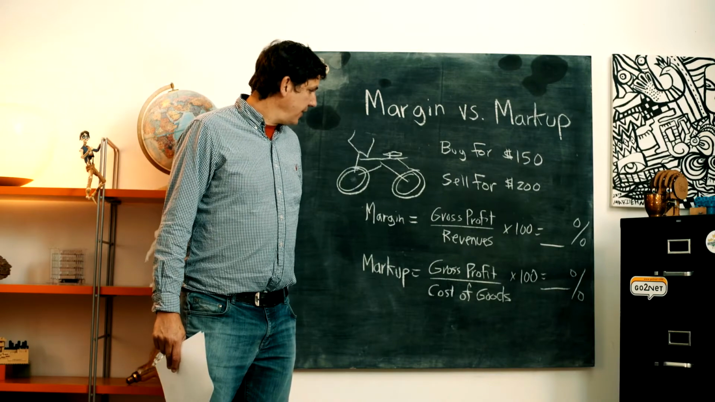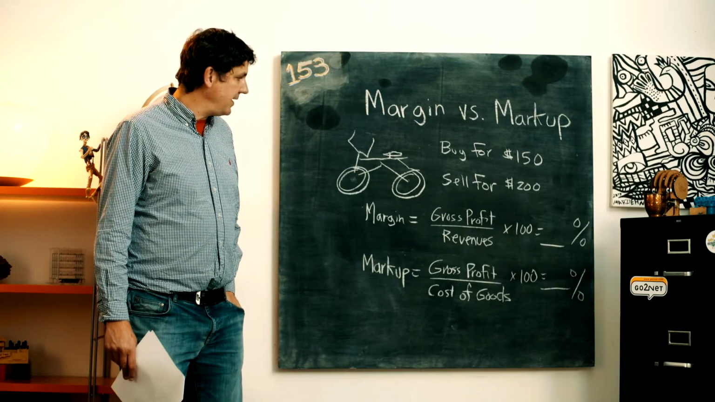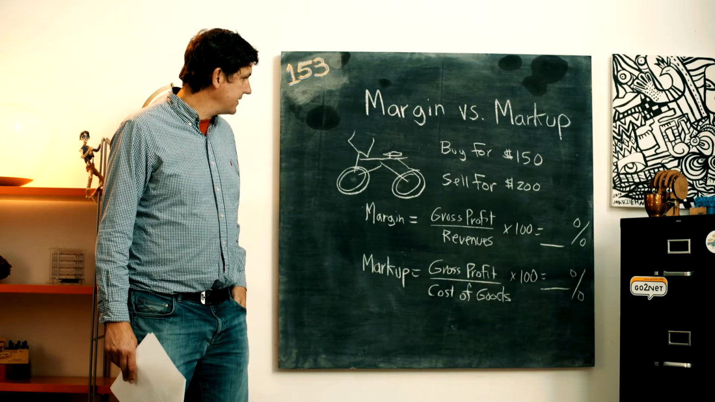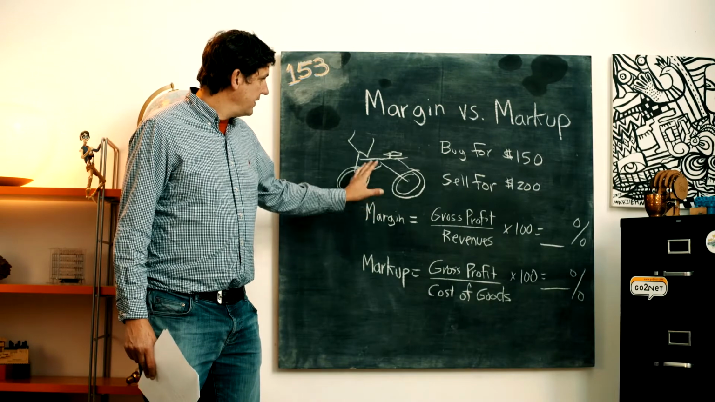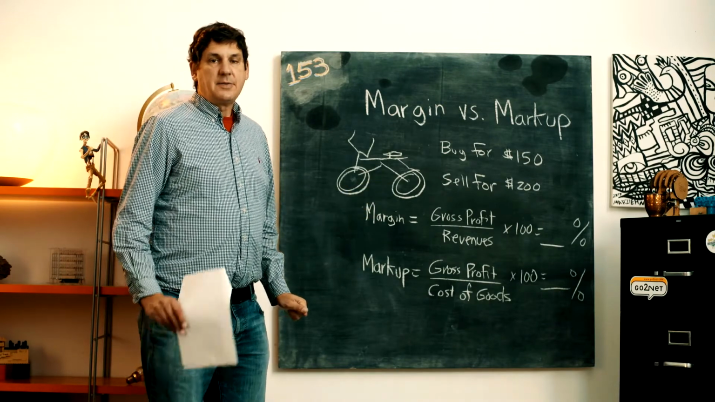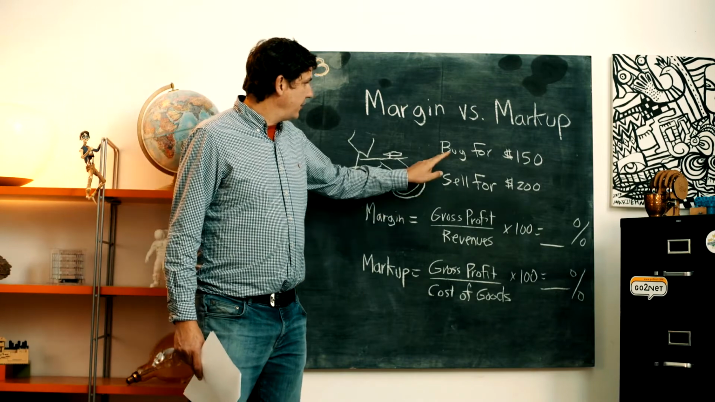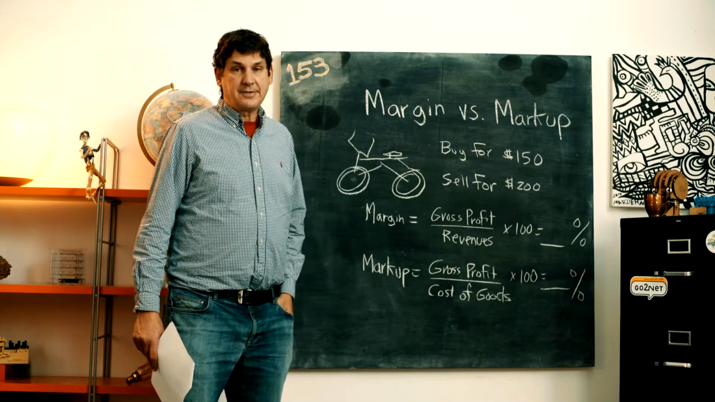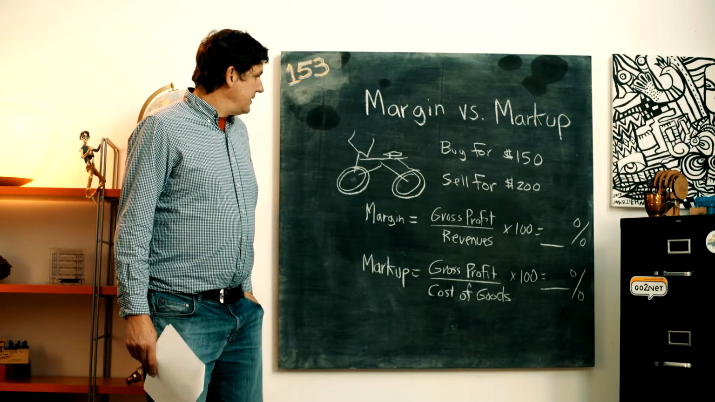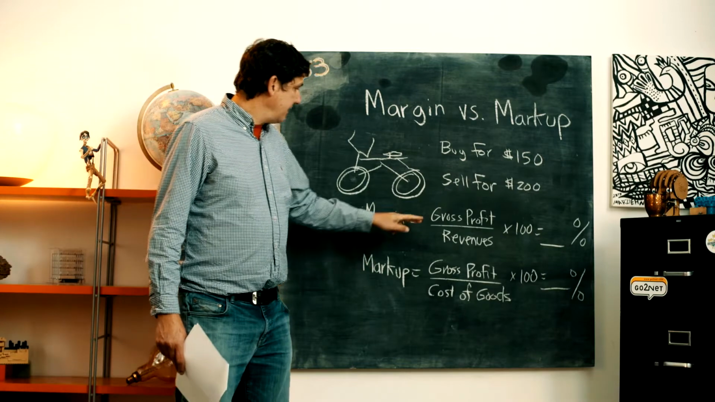So I'm going to explain a few of the terms here, and then your challenge is to figure out, in this example, what the margin would be and what the markup would be for this bike scenario. Imagine you've started a bike shop and you are buying your bikes for $150 and selling your bikes for $200. So first of all, the margin is equal